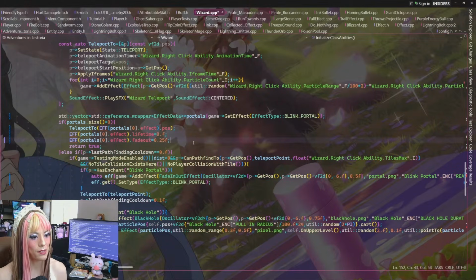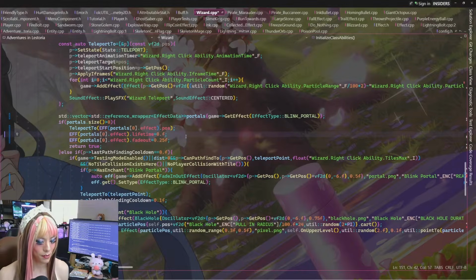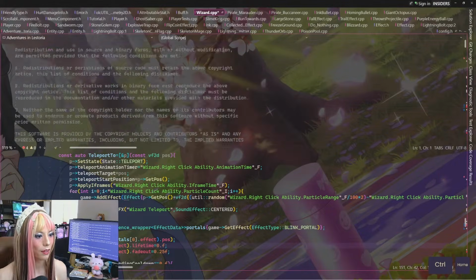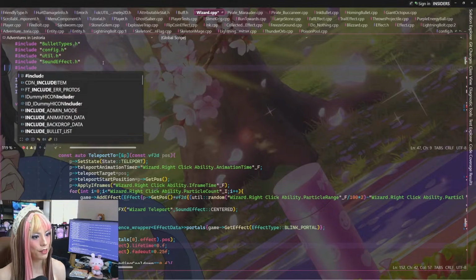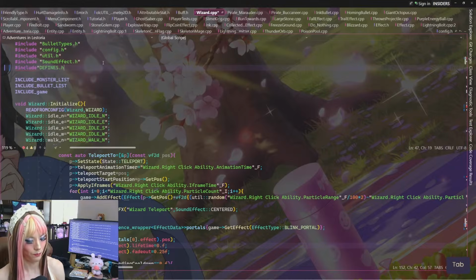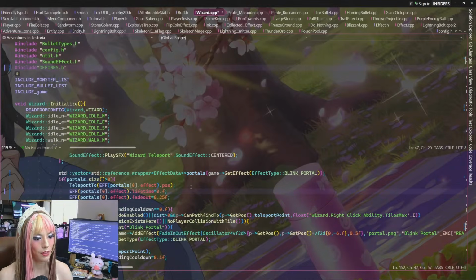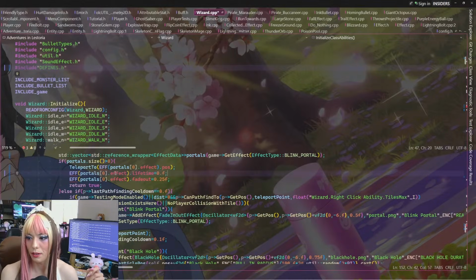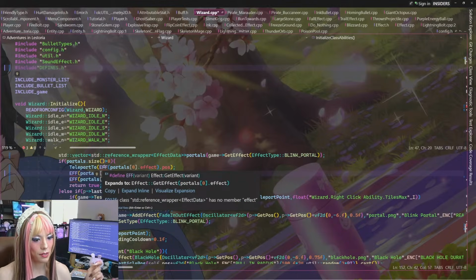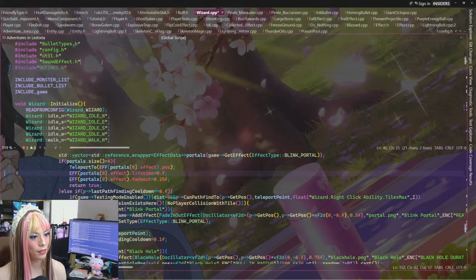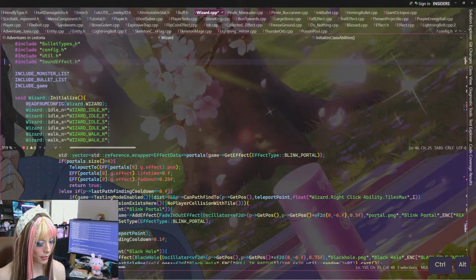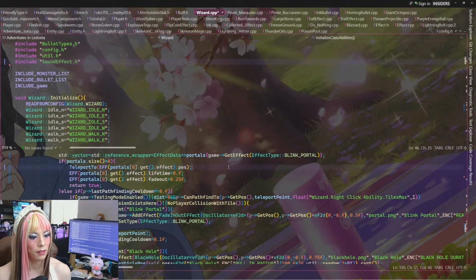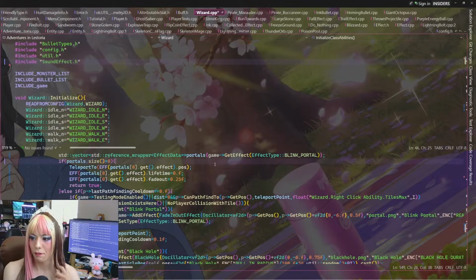And then do things. And we need to define EFF, which is inside of defines. Okay, so then we're good there, maybe? Unless it doesn't know, oh, they're reference wrappers, right. So it's .get. Okay, so that's fine.